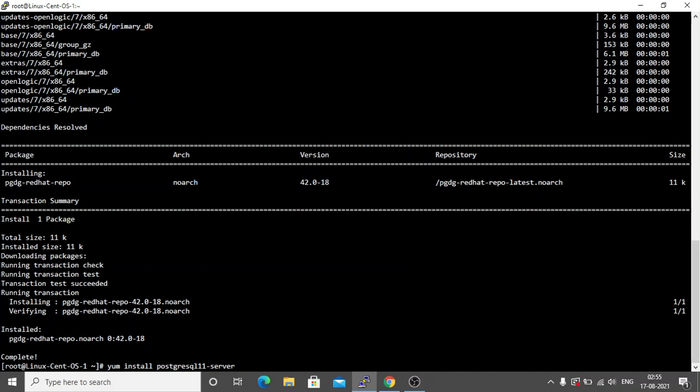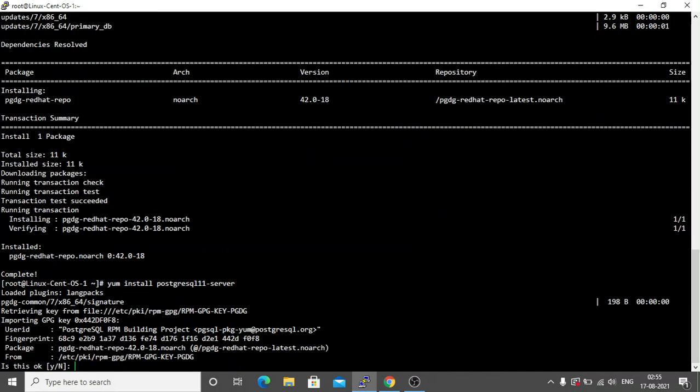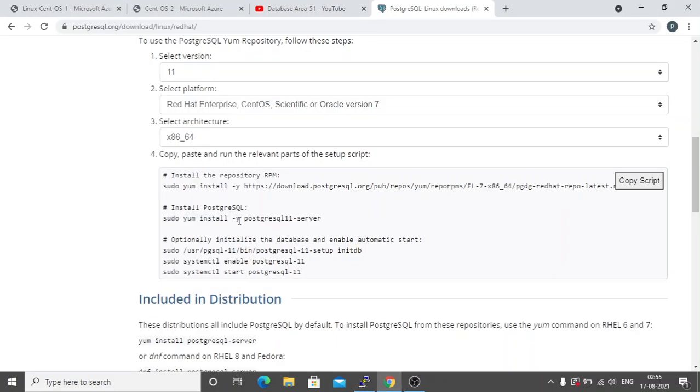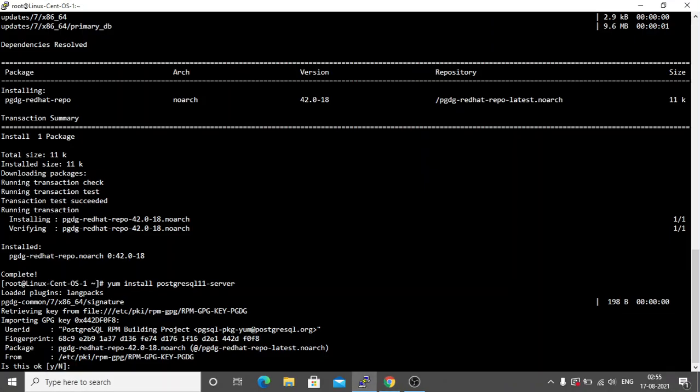So press enter. Okay, now it has prompted us for yes or no. If I had used this -y, then it would have directly taken it as yes.